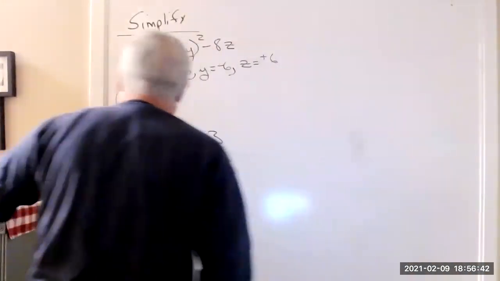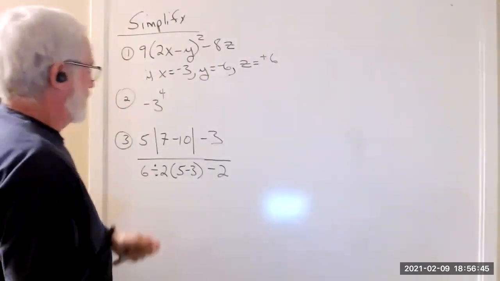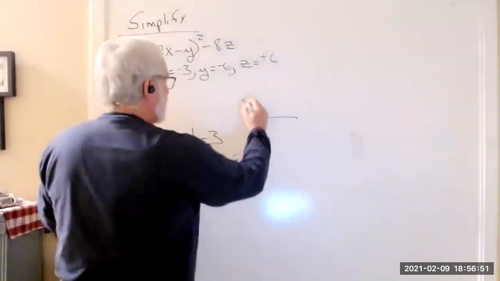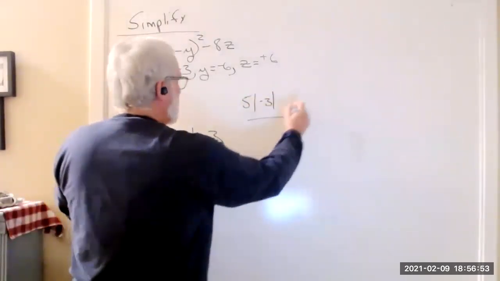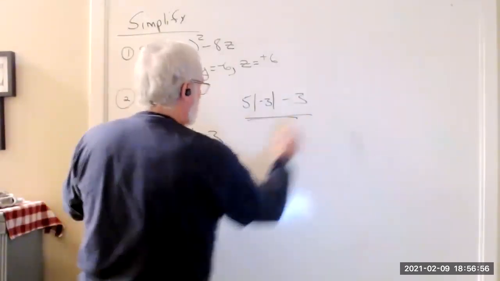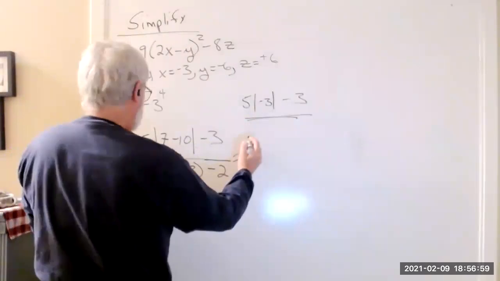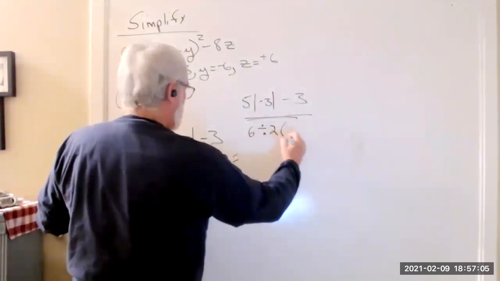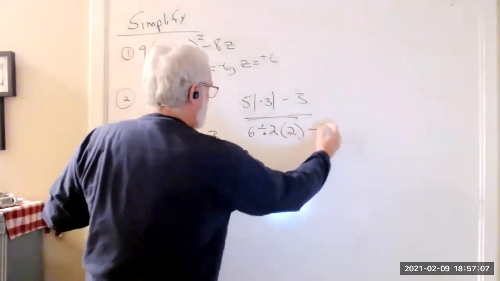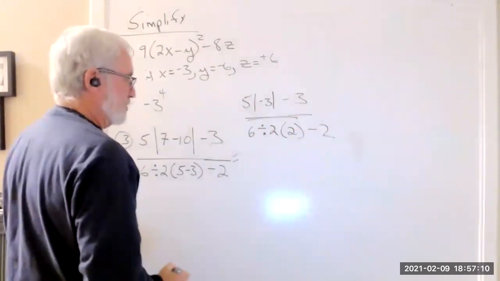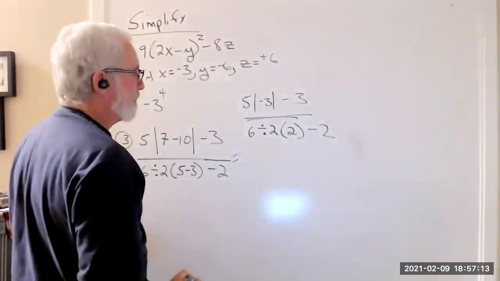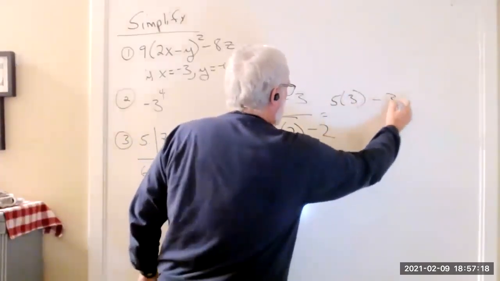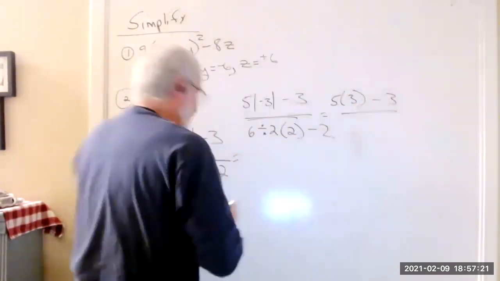All right, back here. So in my mind, this is 5 times the absolute value of -3 on top. On bottom, this is 6 divided by 2, parentheses 2 minus 2. Okay. On top, this is 5 times 3 minus 3. Remember, the absolute value